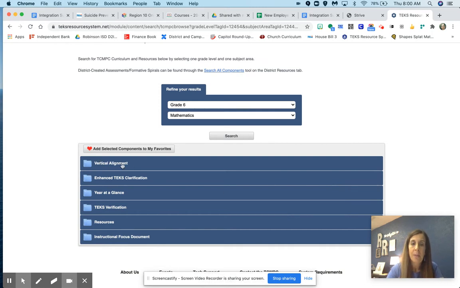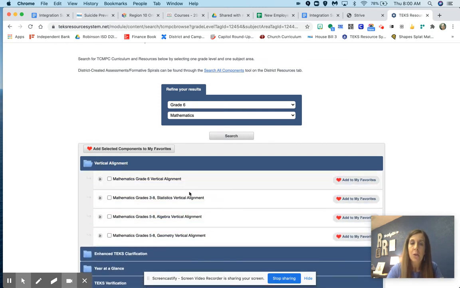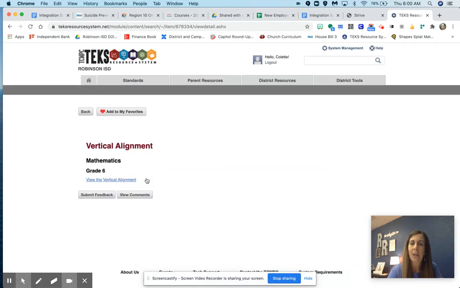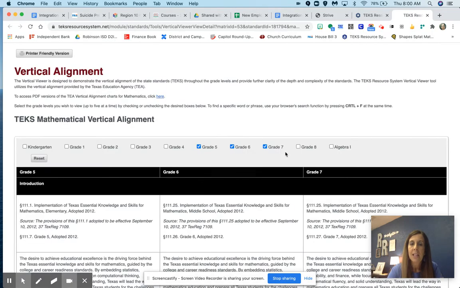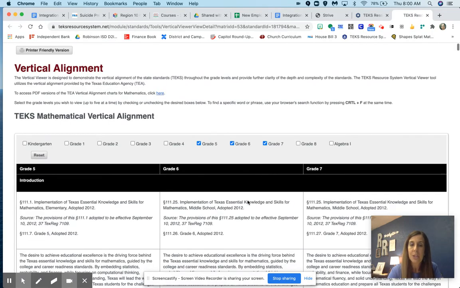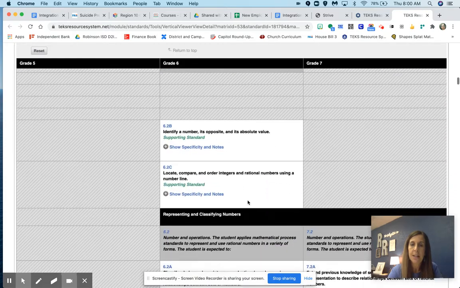So the top one will be a vertical alignment document, and you'll be able to see your vertical alignment in several different ways, especially for math. It just depends on your area, but you can definitely see the grade level before and the grade level after what you are teaching. It's very important to be able to see this because you can tell which standards are